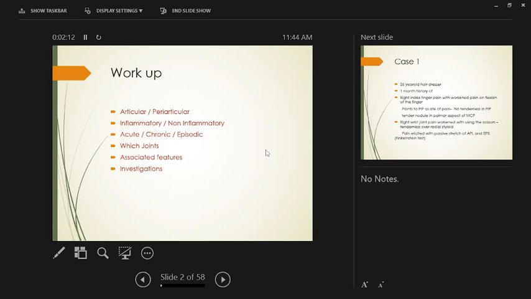So, coming to a diagnosis is basically pattern recognition, like connecting the dots. So, when a patient presents with